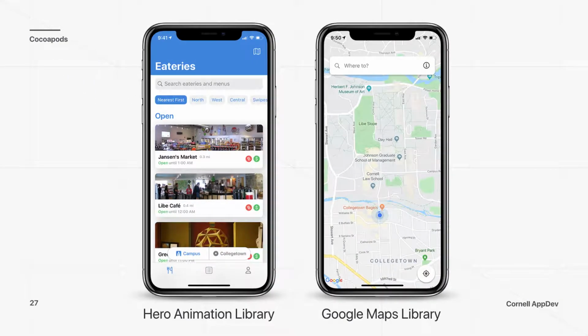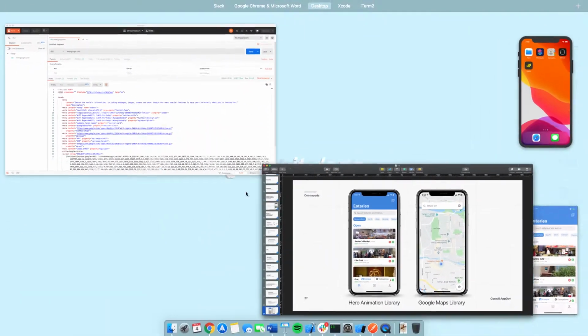Cool. So if we look at the apps on AppDev, so these are just two, we actually use tons of pods in our app. So looking at the right, we have Ithaca Transit, and we actually use a Google Maps library that basically just allows us to put the Google map into our app. And then Eatery on the left actually needs a video to demonstrate. But